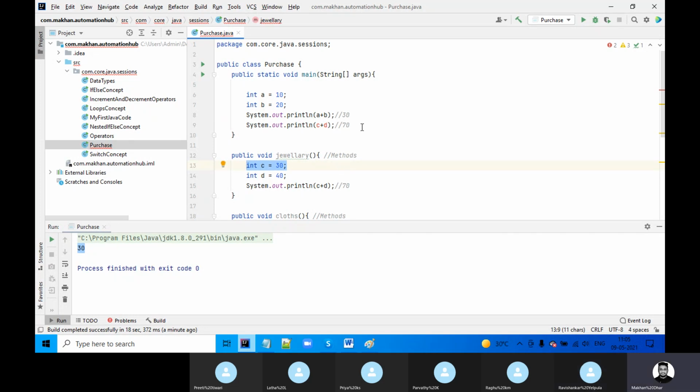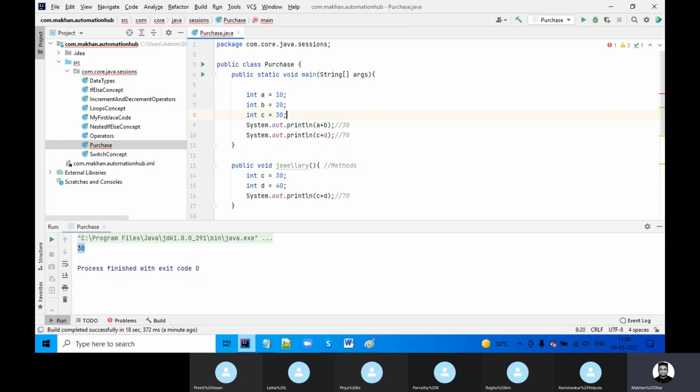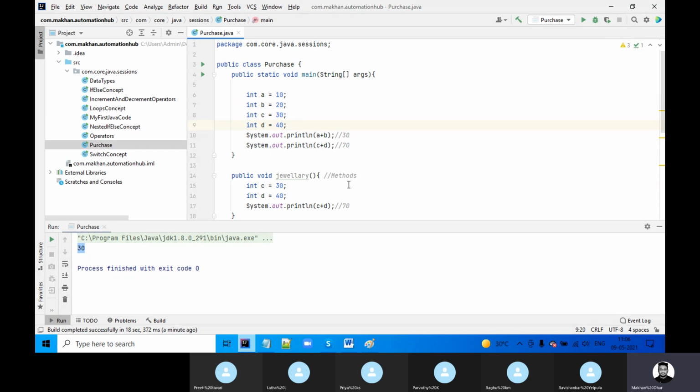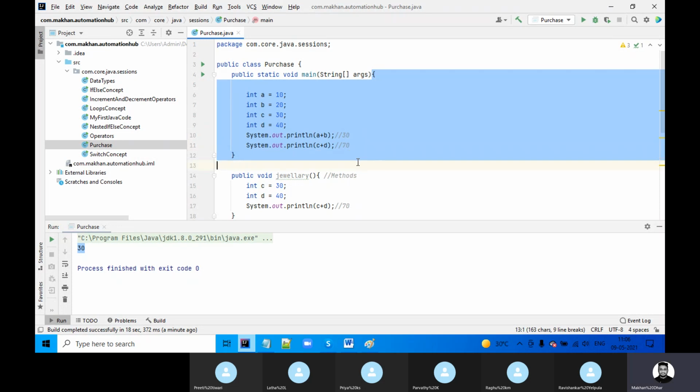So if you want to print C and D, what do you have to do? You have to go here and enter that value. Then only you will be able to print, because anything you want as output should always be under the main method, and your main method starts from here and ends here. Whatever you write within this will print.